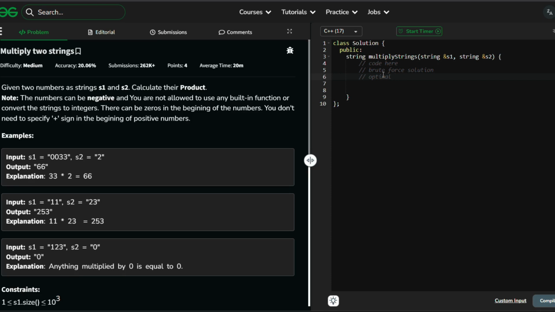We'll use two loops, and we'll use the classic multiplication code. We'll consider a vector or an array of size n plus m, and we'll store the factors into that, and then we'll use the carry option. So I'll explain it to you.